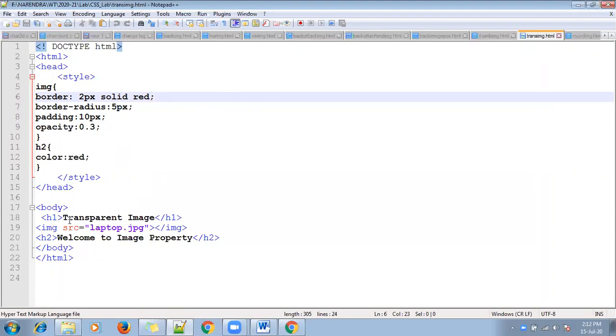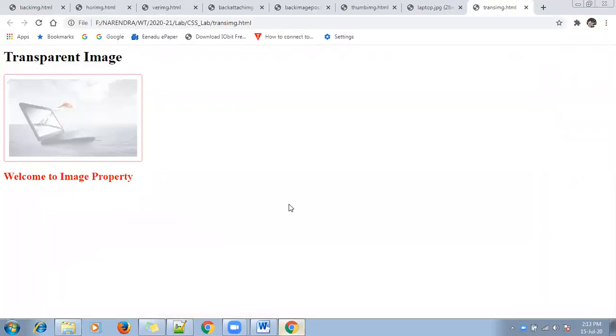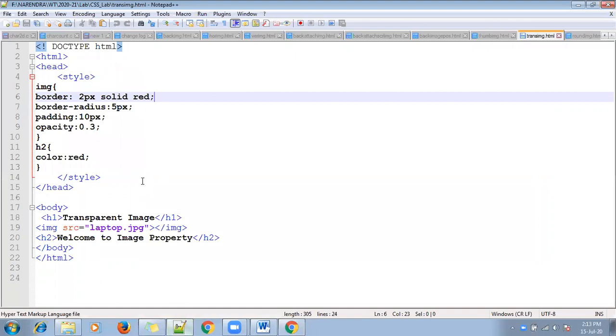And this is the HTML code: heading, this is image, and another heading. Okay. If you run this program, this is the output. These two are headings. This is our transparent image with border. Once again, look at this program.